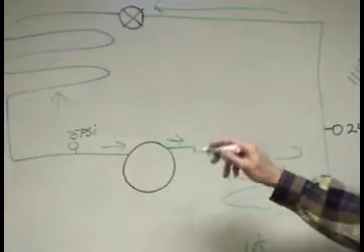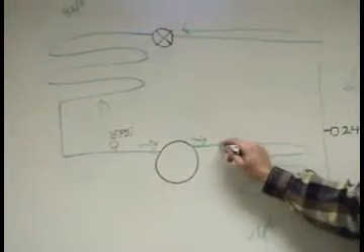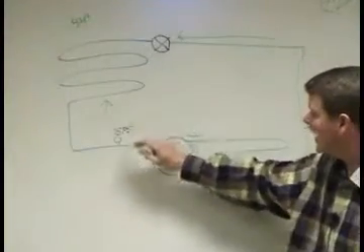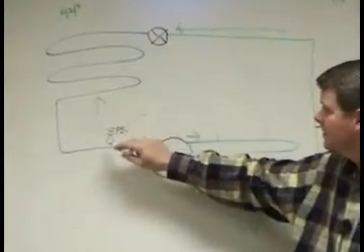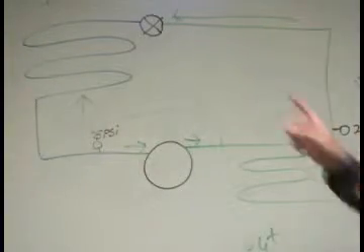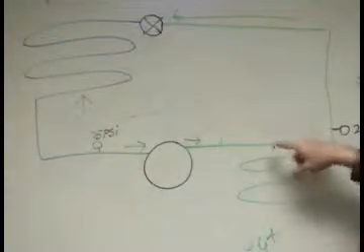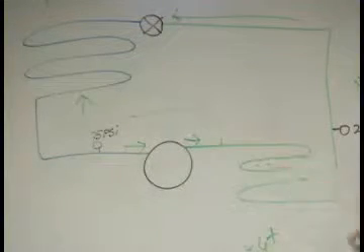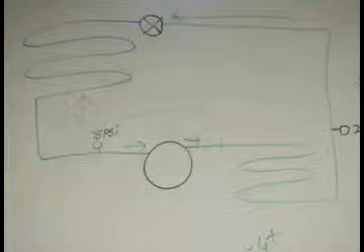When you want to go into heat mode, the discharge goes out to the inside coil, and it goes backwards through the system, and the inside coil becomes the condenser, and the outside coil becomes the evaporator. It's a little easier to follow